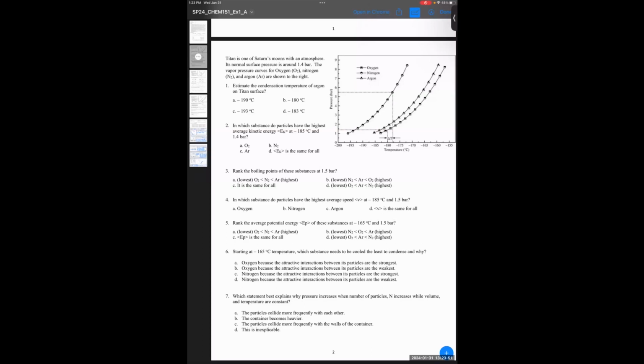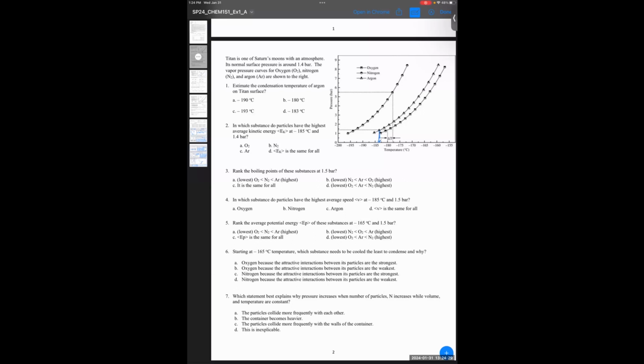Okay. Question 1, estimate the condensation temperature of argon on Titan's surface. Argon is the triangles, which is the middle one over here. What is shown to us is the vapor pressure curves, meaning the liquid-gas boundary. Therefore, at 1.4 bar, which is the surface pressure of Titan, the 1.4 bar line crosses the argon vapor pressure curve around this value over here, meaning you have a